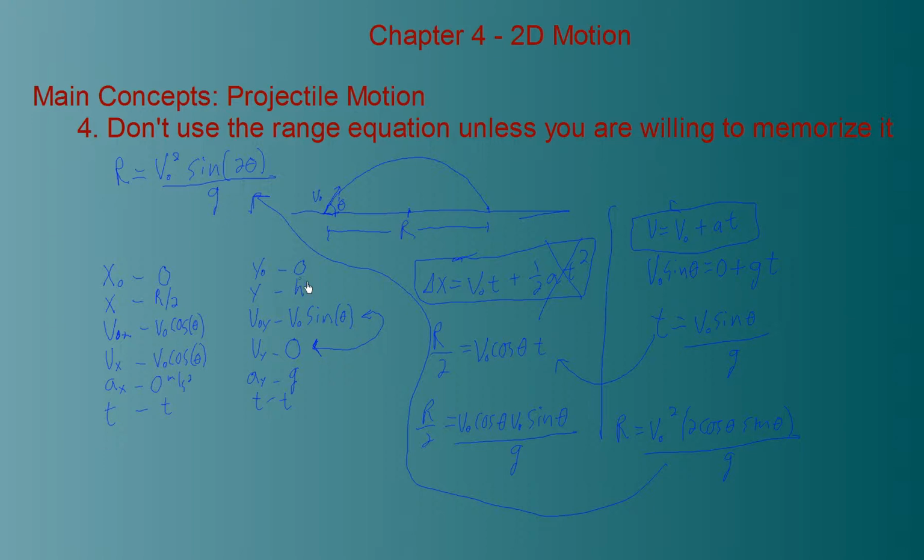Also, the height, there isn't a change in height, so there's basically a bunch of zeros here. So a very useful location in projectile motion is the maximum height, because we know that y velocity is 0 up there, and so that's why I decided to use this. And finally,